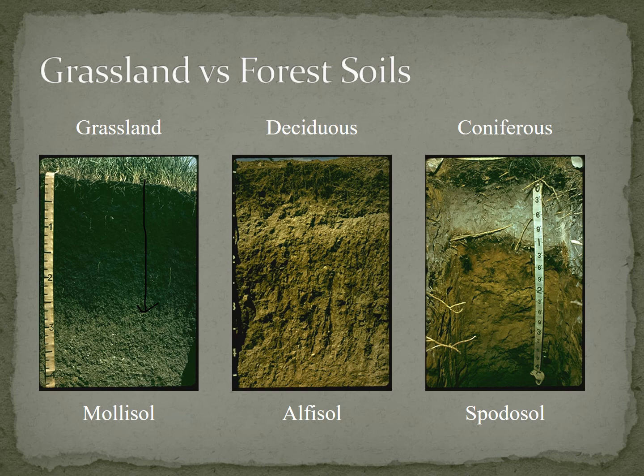In a deciduous forest, we see alfisol development where there are rich surface horizons, but sometimes we see movement of bases, and maybe it's a little bit more acidic, and it's not quite as fibrous in its root system, right? Because it's mostly tree roots developing it. And so we see the additions of organic matter at the surface from leaf fall, but we don't see that deep, dark root system from fibrous roots that we see in grasslands. So it's a little bit different.